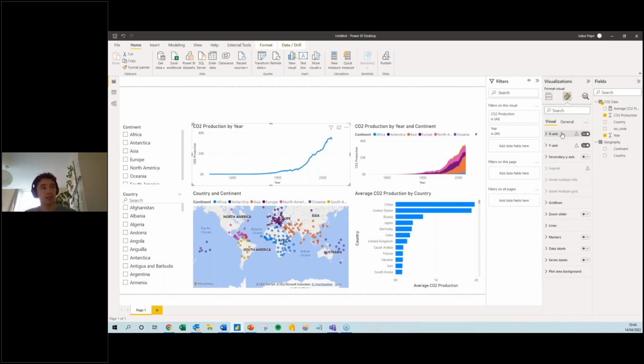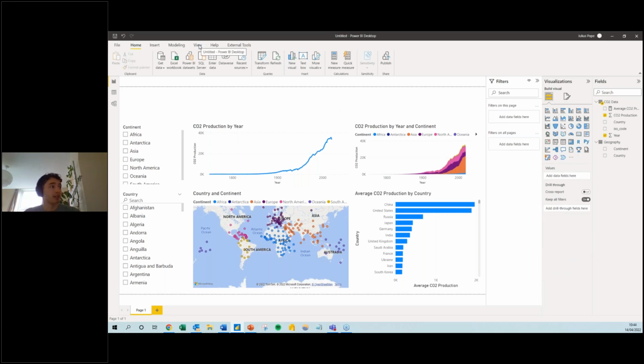So the x-axis, the y-axis, you can play around with any backgrounds or borders and things like that also. However, as you can imagine, doing this on a lot of visuals is going to be quite time consuming. And so that's why what we're going to do is we're going to import a custom